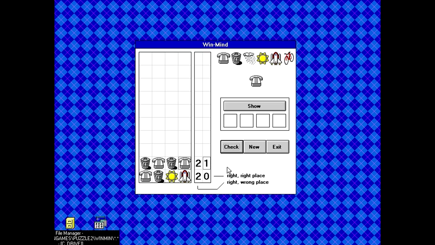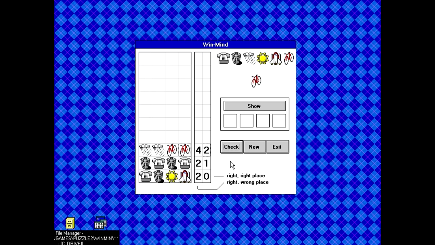Interesting. So we already know that there has to be at least one of each of these, because 3 of these have to be here. Huh. So that means that there aren't any suns or space shuttles in this. So no suns, no space shuttles. So let's see if we can figure out rain clouds and bicycles. If we check that,